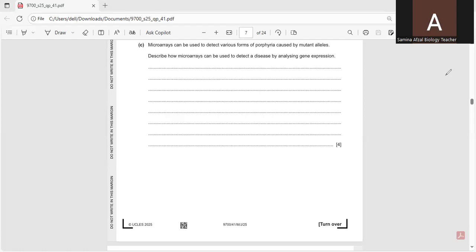First of all, the first point which we can write is that microarrays work by comparing